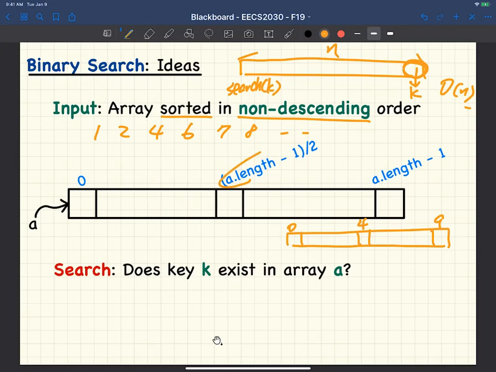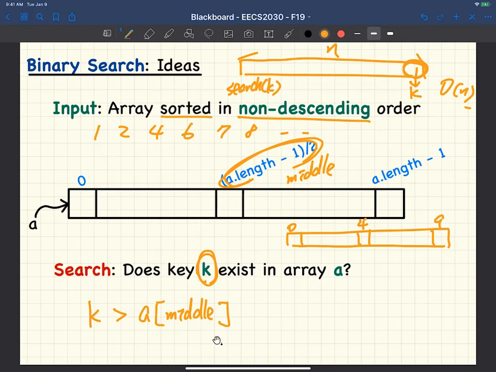Let's say I calculate the index of the middle, and then I want to compute whether a key k exists in the array. Let's say hypothetically, if you allow me to make a variable here, can I just say this is called the middle? It's a middle index. If k is strictly larger than A at position middle, let's say,